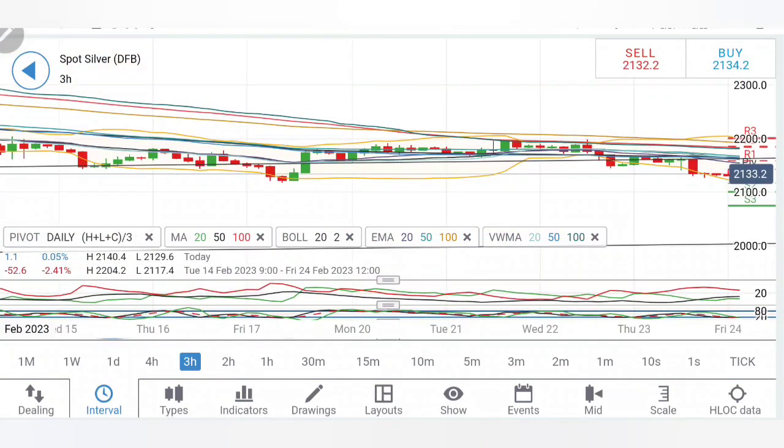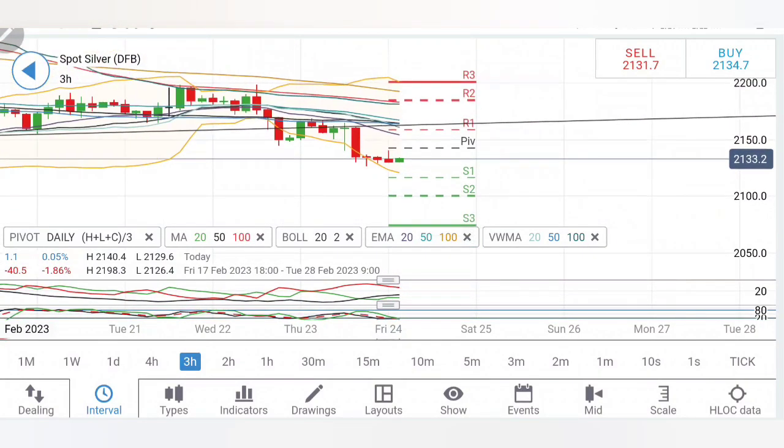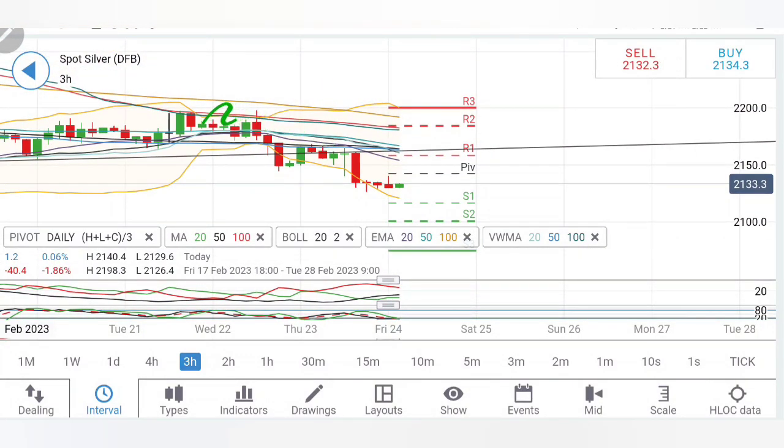And if you look at the 3-hour charts, first of all, one must not forget that silver generally steps, drops, steps, drops, again trying to create a step. Now 1, 2, possibly a third step, if it comes, that is going to be a very sharp one, possibly. But be careful till the time it trades below 2180, 2160, you have to be careful in this zone. Yes, if it tries to recover, stays above 2145, you can buy. 2160, 2170 levels are going to be certainly